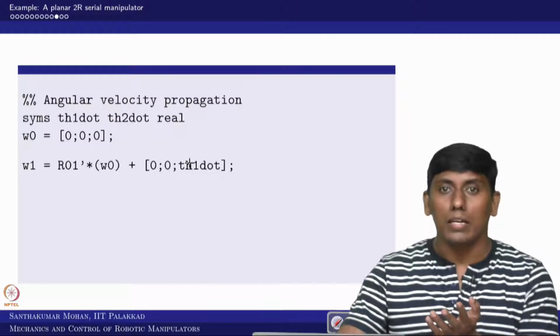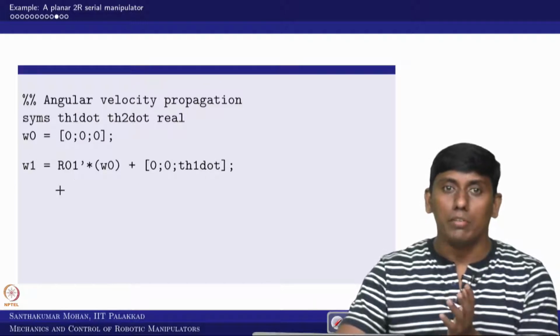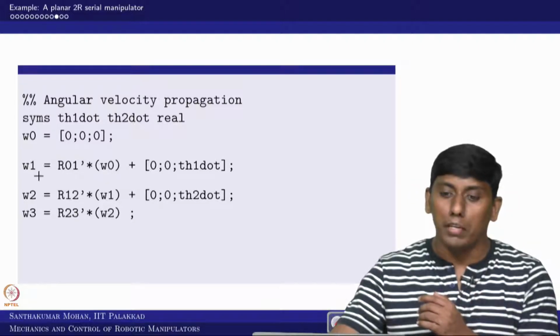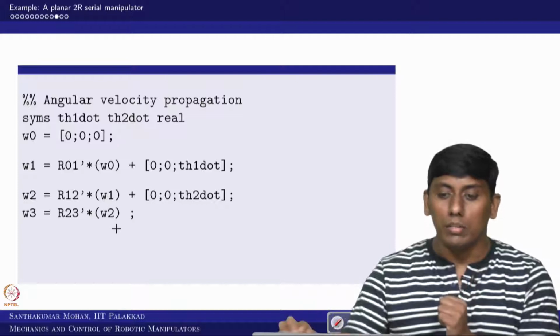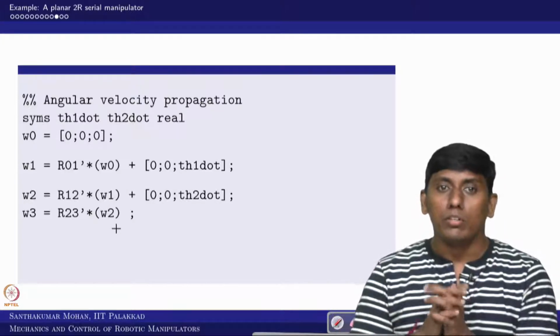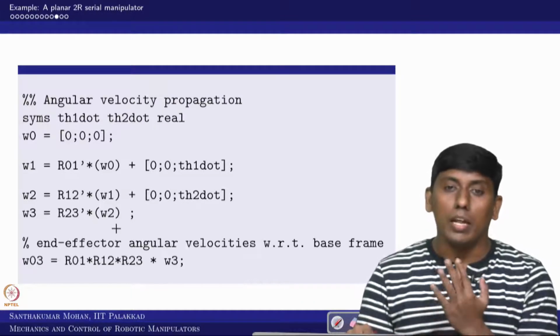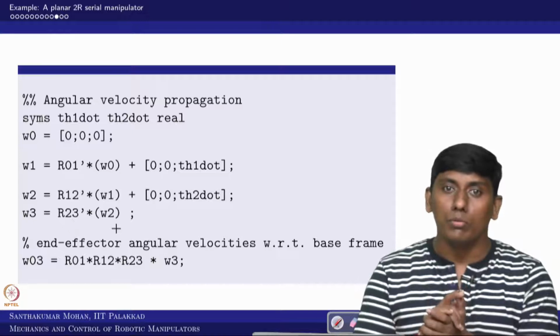So theta 1 dot is added, which is actually the third element in the z axis. So this will give omega 1, which I have written as w1. Similarly, we can calculate w2 and w3. Once you obtain w1, you can calculate w2 and 3 through this sequence. This is equivalent to omega 3 with respect to the third frame. So in that sense you can calculate omega 3 with respect to 0. These are the things we are trying to see in MATLAB.